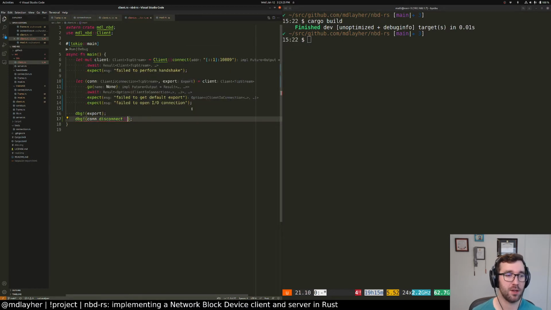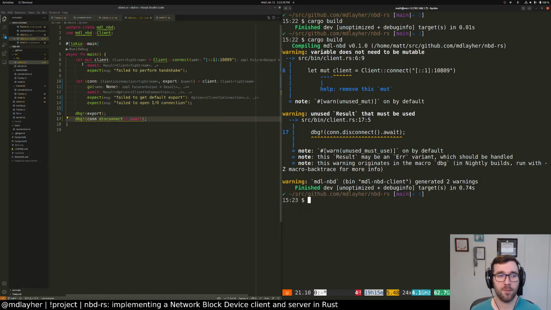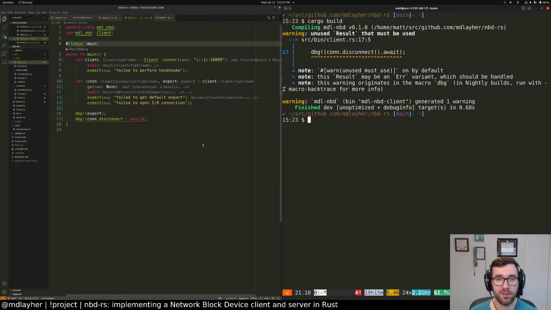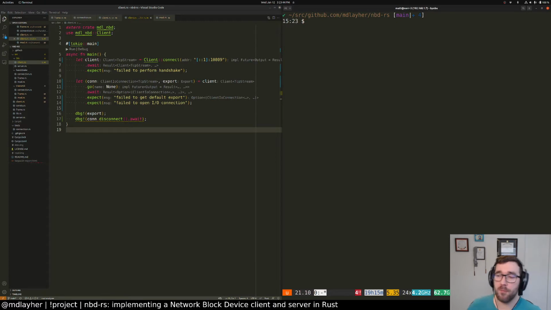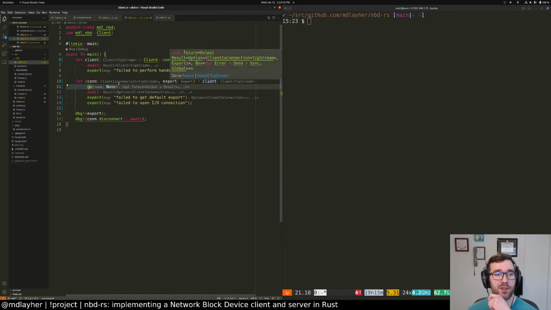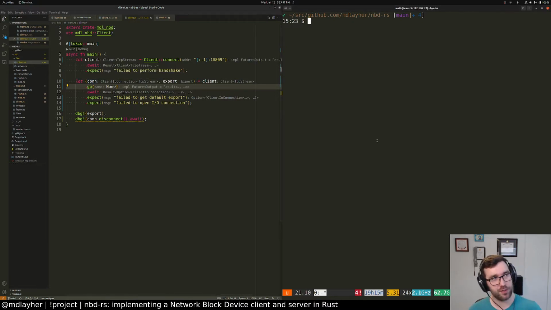Oh, I need to await it. Await. Okay. The client does not need to be mutable. Okay. We have to use the result. I'm trying to print the result is the thing. So that's fine. Okay. Yeah, so in theory here now, we've made it so that our client can connect. It can issue a go request, which will consume the client and actually return a client IO connection. And from here, this type can only be used for IOs. So